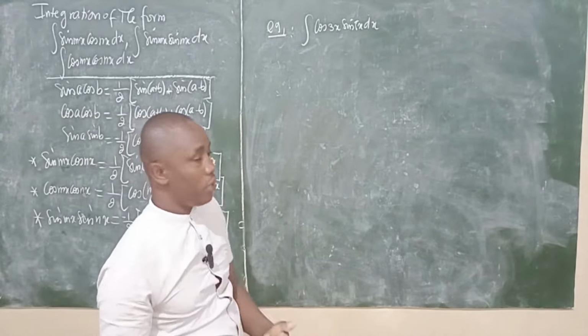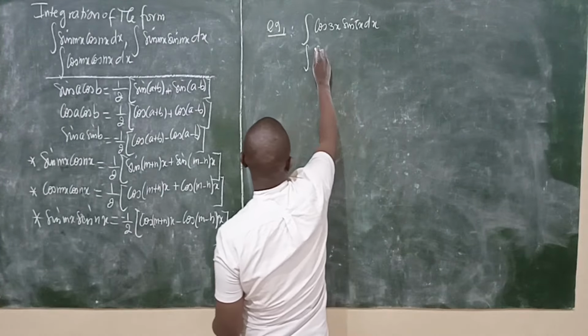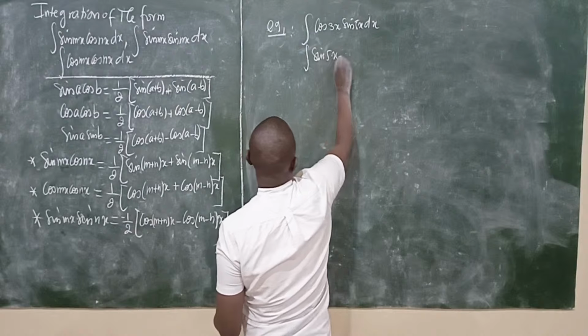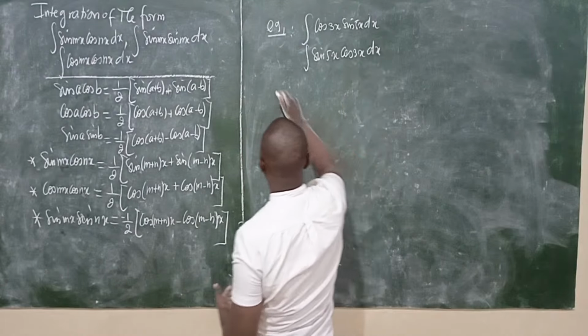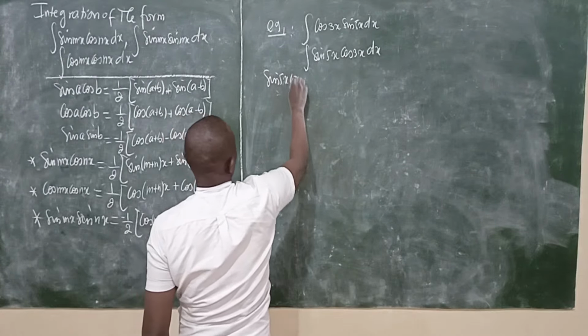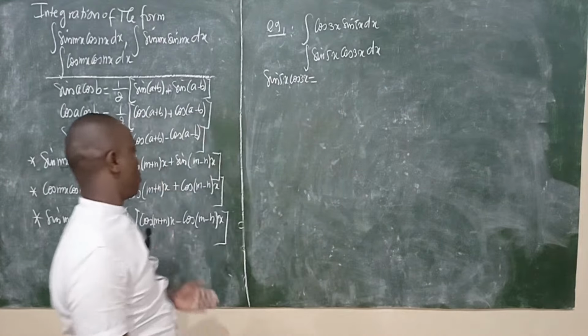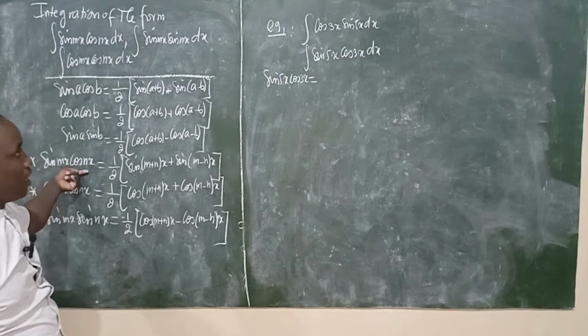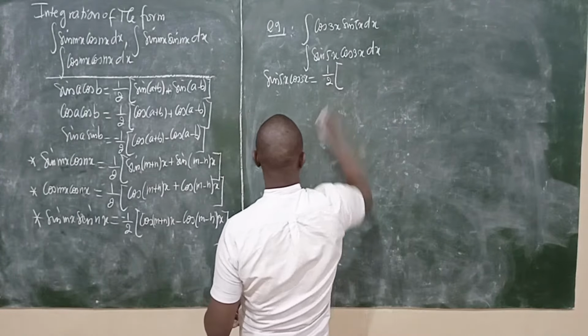You know, multiplication is commutative. Here we can start by sine 5x cosine 3x dx. What we need to do is to transform sine 5x cosine 3x in a sum by using this formula here. This is going to be a half of